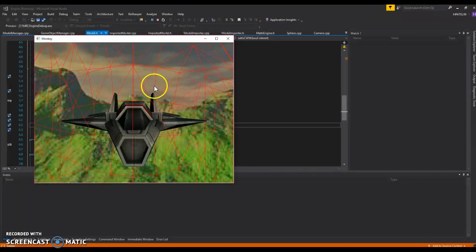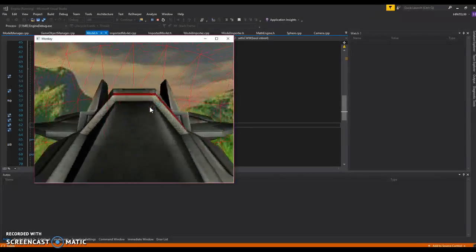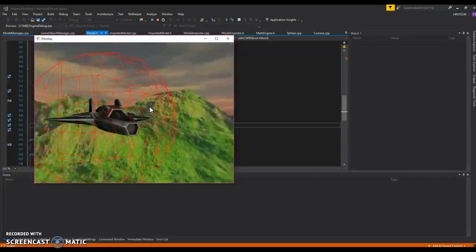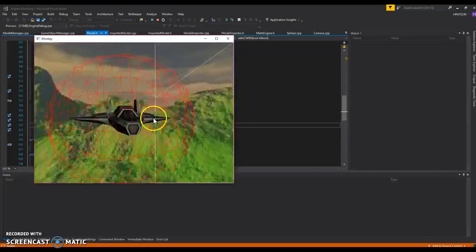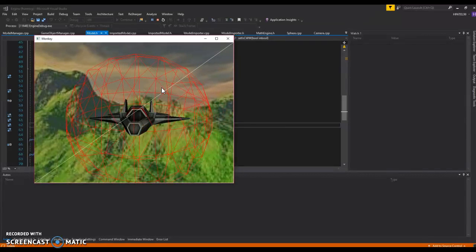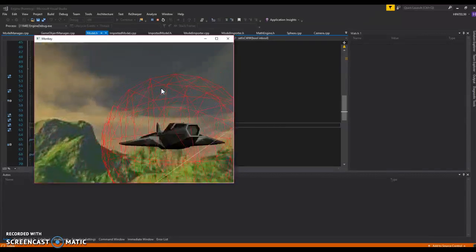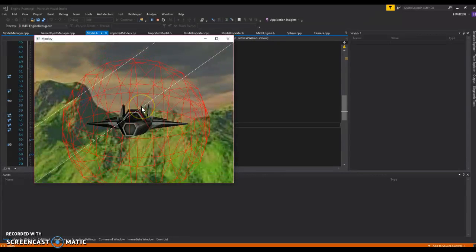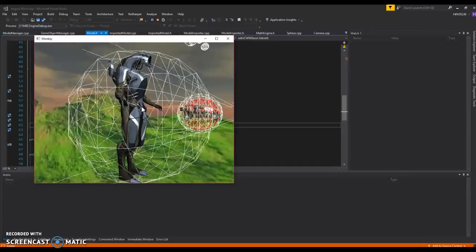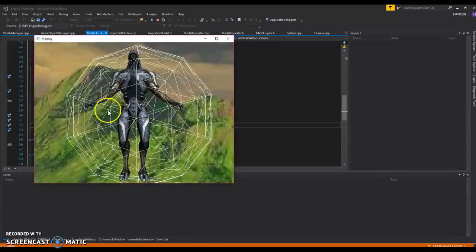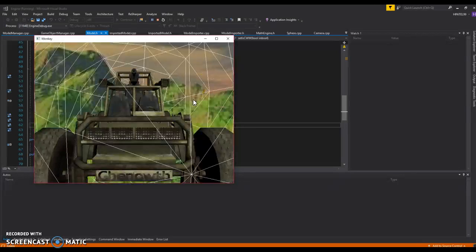So here is our Space Frigate, and for the camera controls, the mouse click is going up and going in and out, and you can use Q and E to rotate around. These jittery lines are because of the near plane, which I'm going to set up later on. You can move around and see the whole model. You can swap to the different cameras using the 1 2 3 4 5 numbers. So here is the Gather Trooper, and you can see the sphere is white because it is outside of the rendering camera. Here is our buggy,